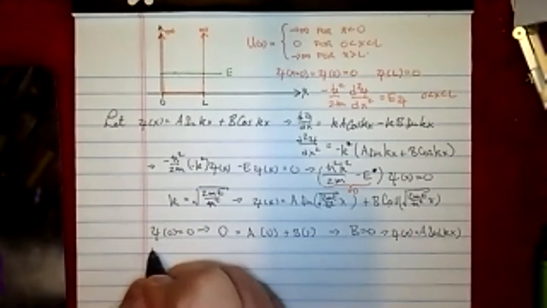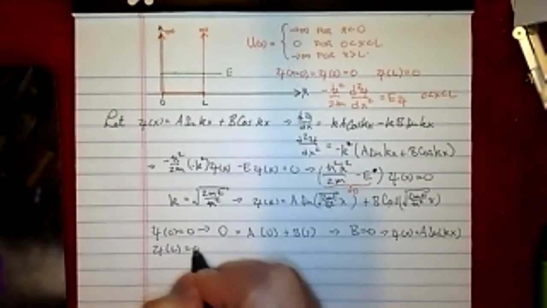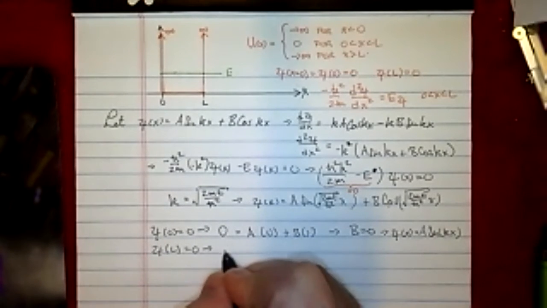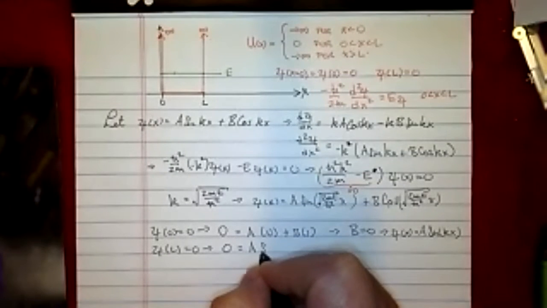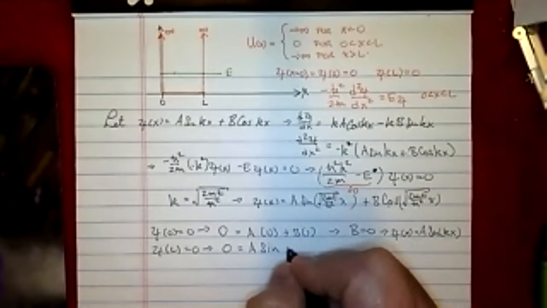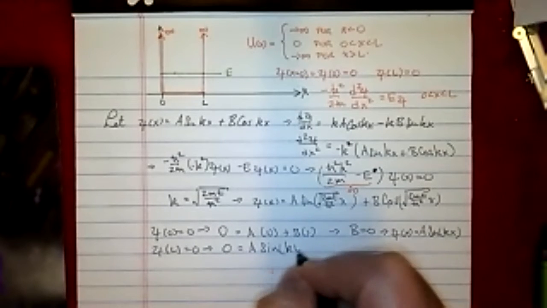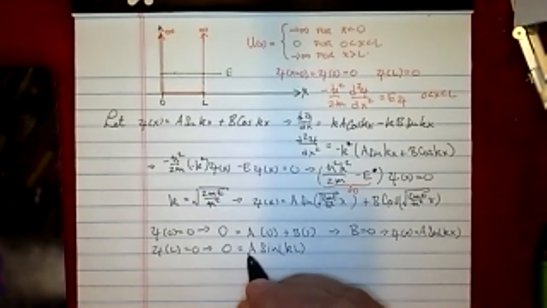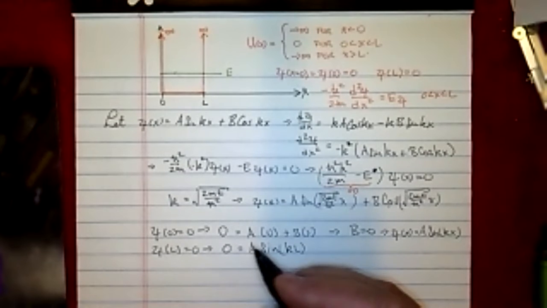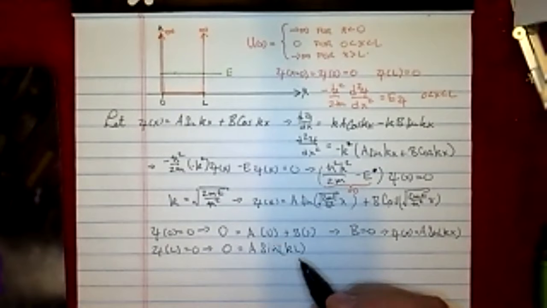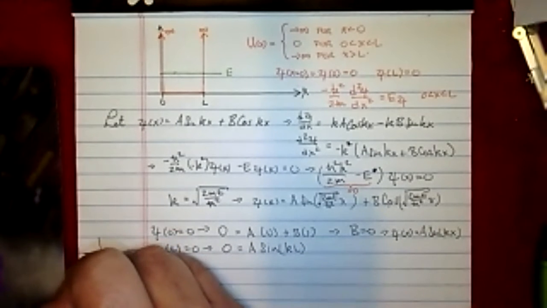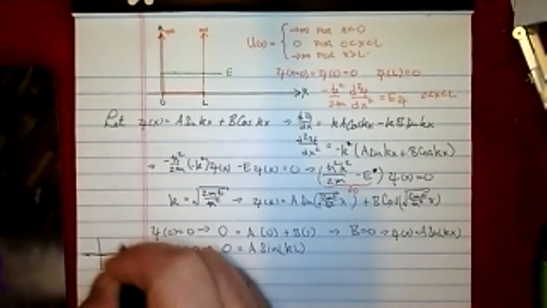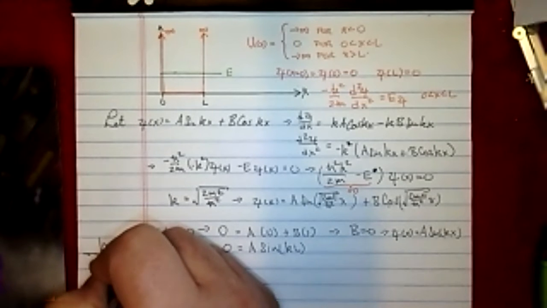Okay. Now the other part is psi of L is equal to 0. That's going to give me 0 is equal to A times the sine of K times L. Well, we can't do that with the A, or that would make a trivial wave function. That'd make a wave function that basically is just 0, so that's not very helpful. So we have to do it with the KL, and we know that based on the graph of sine, which looks like this,